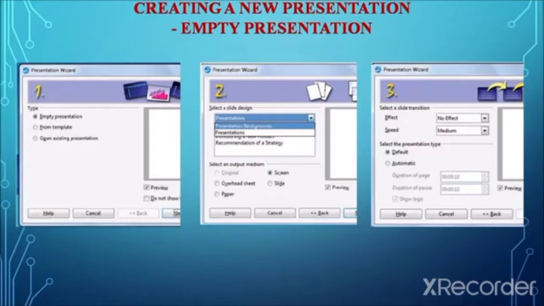So this is how the effect and the desired speed can be selected in step 3. With these 3 steps in the empty presentation option, the user can create a presentation.